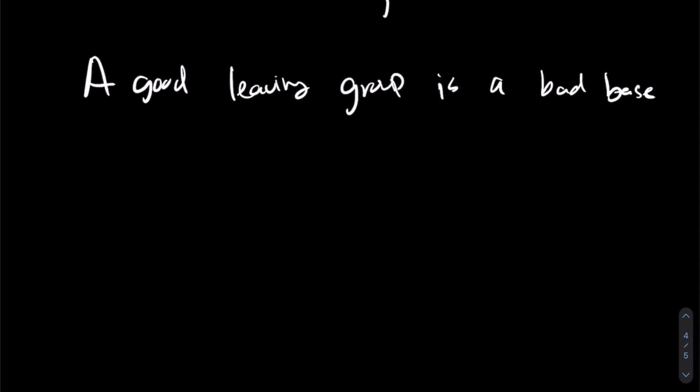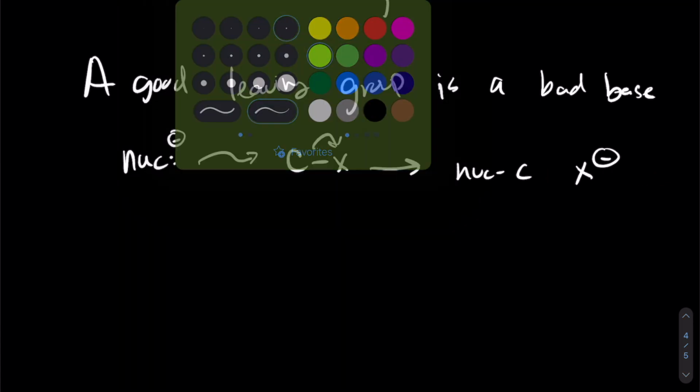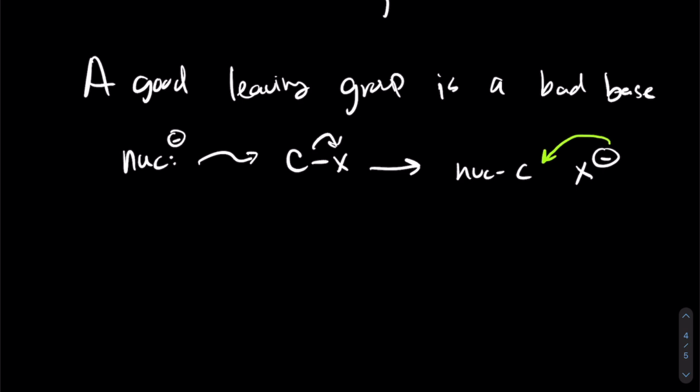Because what is a bad base after all? A bad base is something that is totally happy with being negatively charged. It doesn't want anything more out of life. It is perfectly happy with the way it is. So you have to remember that you have a nucleophile with some sort of negative charge. It's going to be attacking something that's polarized. That polarized thing is going to pop off, and you're going to end up with the substituted carbon, and then this thing right here could, if it's a good nucleophile, go the other way and kick off your nucleophile. So in order to prevent that, what you really need this thing to be is